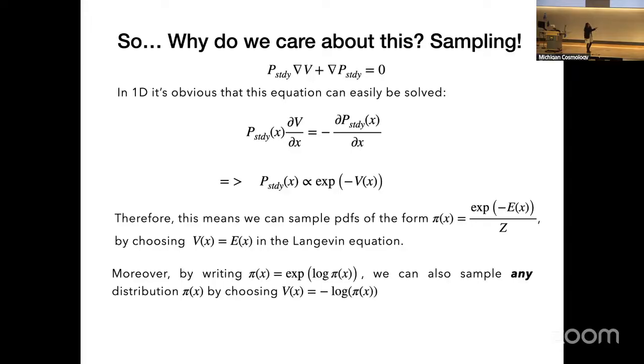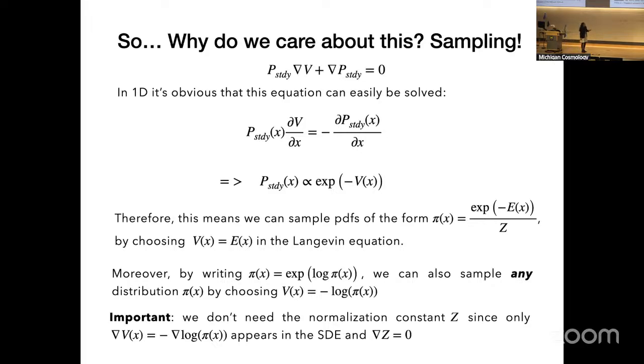So if I use this trick, just the exponential of the log of the distribution, then I can turn this into a way of sampling any distribution that I want. Because there's a relationship between the V that I put in the Langevin equation and the distribution that I'm going to end up sampling. So if I put this V in the Langevin equation, then I end up sampling this pi once I reach a steady state. Okay? And then the magic is that